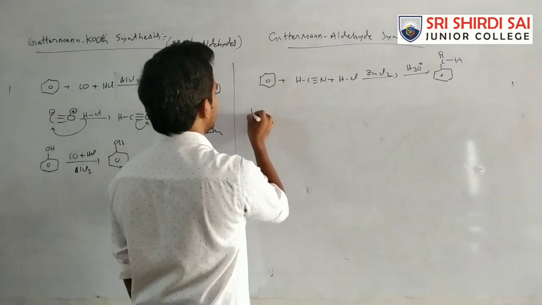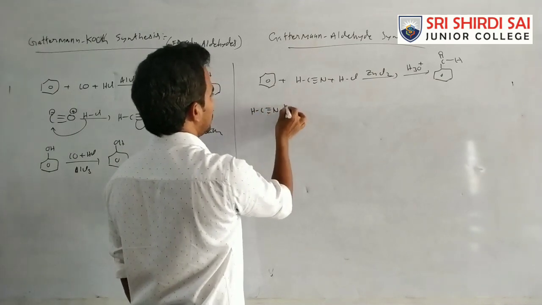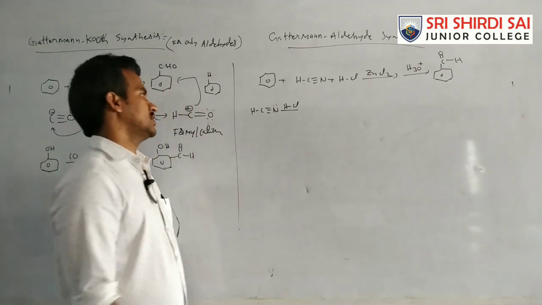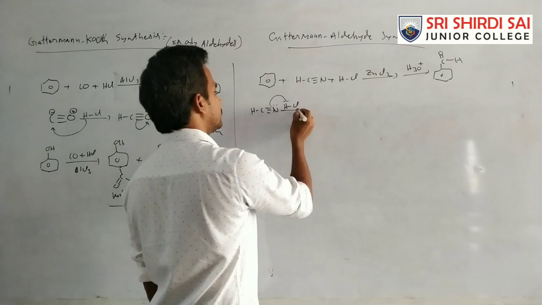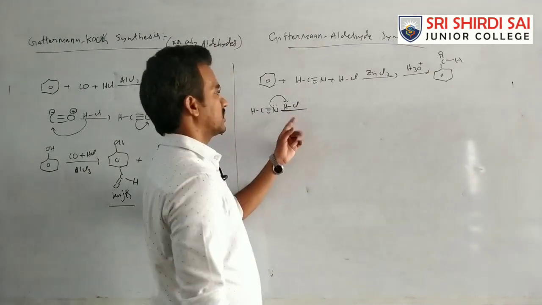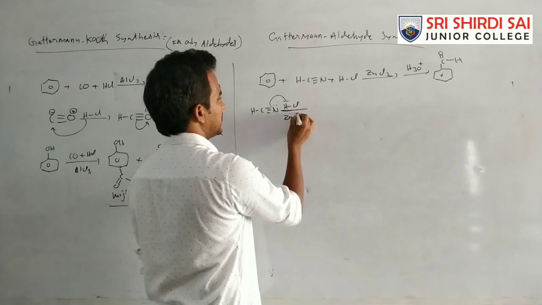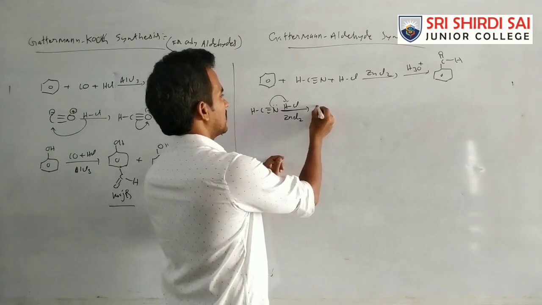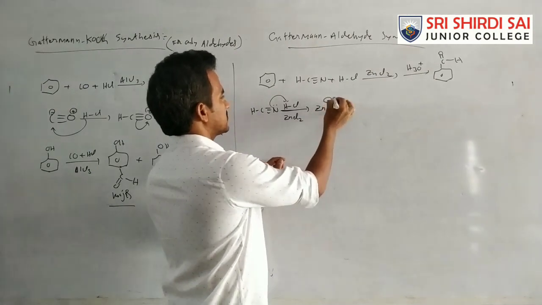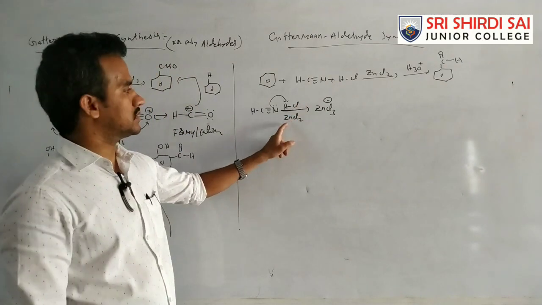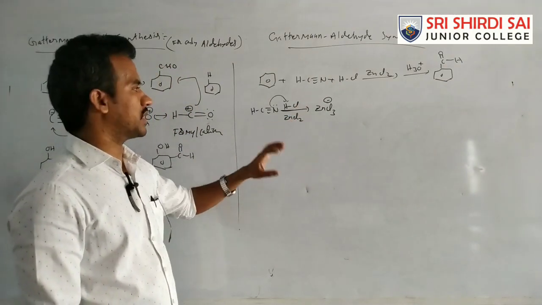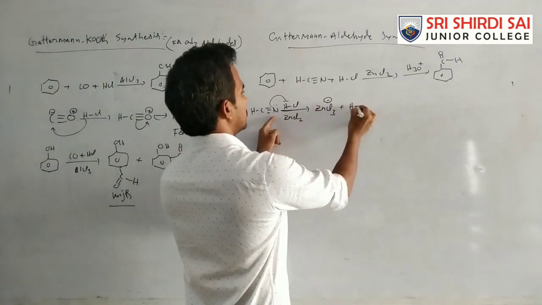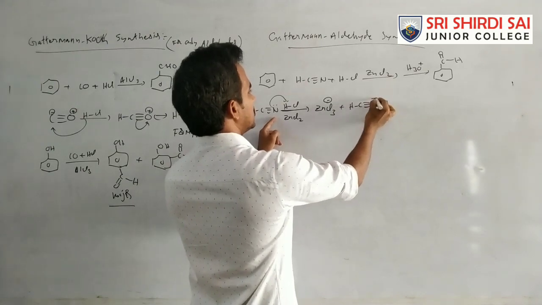In this case, HC triple bond N with HCl: the nitrogen has non-bonding electrons and acts as a base, so it accepts the proton. Now with ZnCl2, removal of Cl minus occurs. The Cl minus is converted into ZnCl3 minus, that means Cl minus forms a bond with zinc, using zinc's vacant d orbital. Now H plus combines with HC triple bond N.